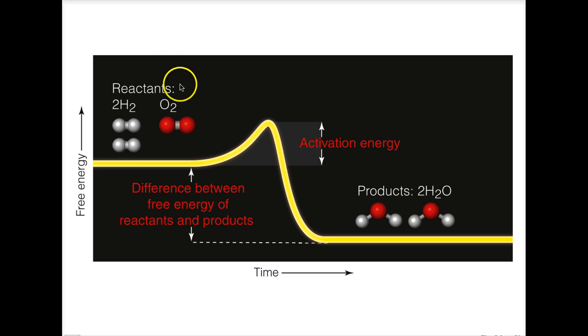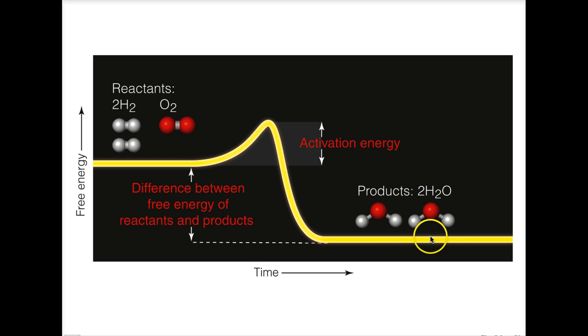So our reactants, 2 H2s and an O2, possess a set amount of free energy. When the cell or just the chemical reaction in general needs to make product from this,